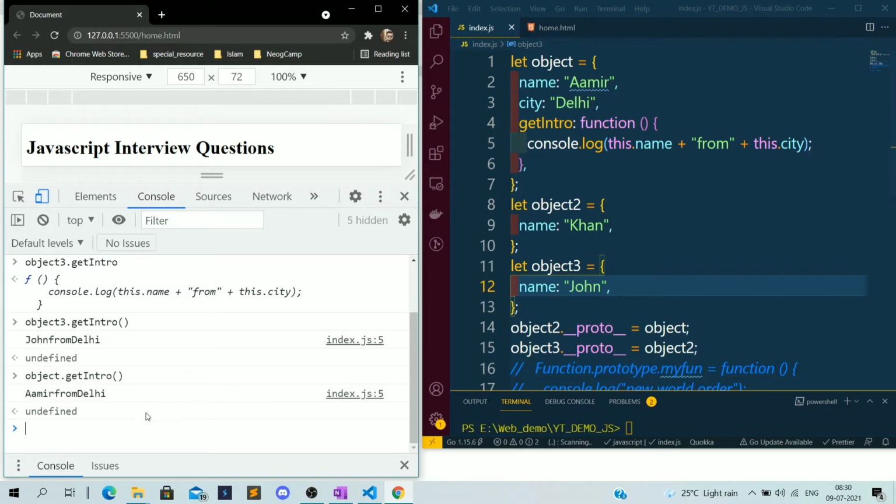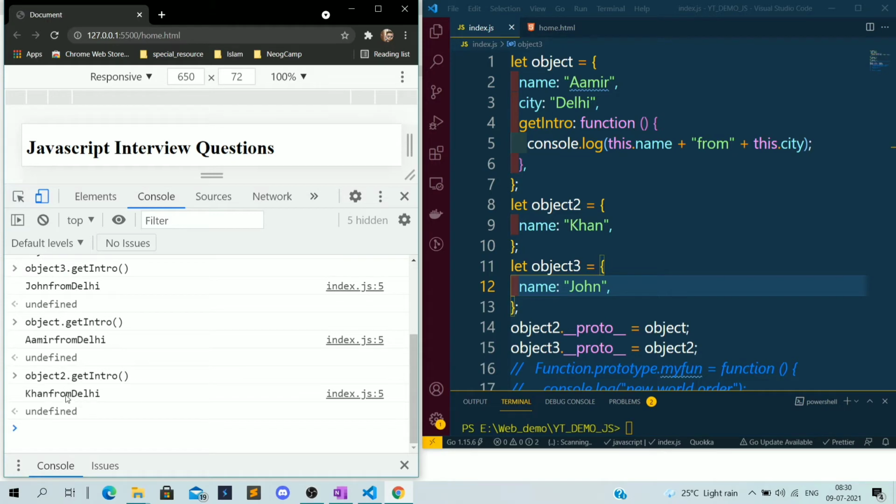Okay. Now if I'm trying to print using the object 2 dot get intro, since object 2 doesn't have the get intro property, it will check for object 2 prototype. What is the object 2 prototype? Object 2 prototype is object. It will check for object. So object has the get intro property. Now if you try to print, it will print Khan from Delhi, not Amir from Delhi. Why?